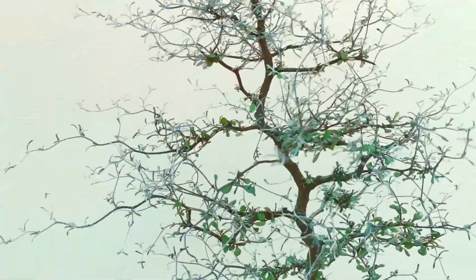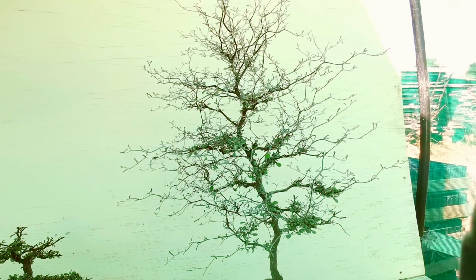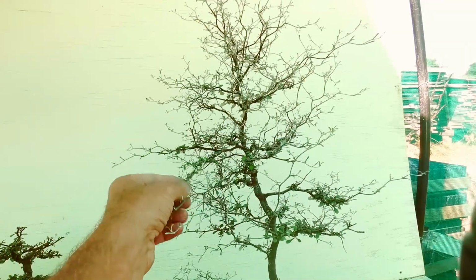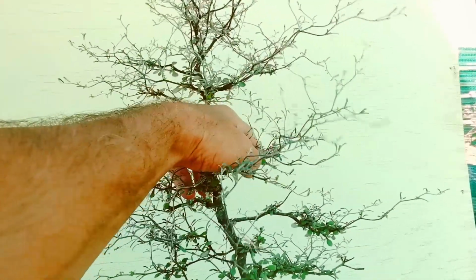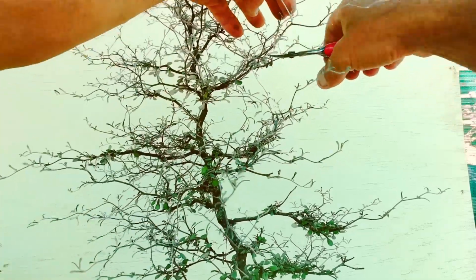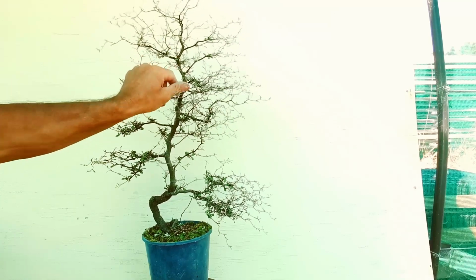There's some little wee bits of wire which I've used to just gently anchor down branches up further. You can see now that where there are still these leaves, they kind of look odd. Let's chop them out. You can see here I've got this big heavy piece there. Let's take it back. Coming up further, more heavy pieces. Now the top is where all the growth's happening, and I've got to reduce that. So I have taken out some heavy stuff out of the top and taken out a few more of these bits of shoots in the crotches,